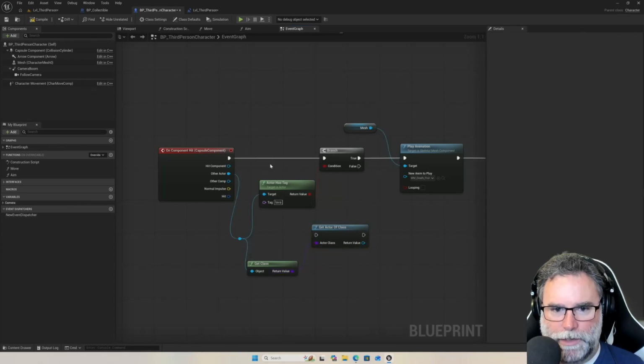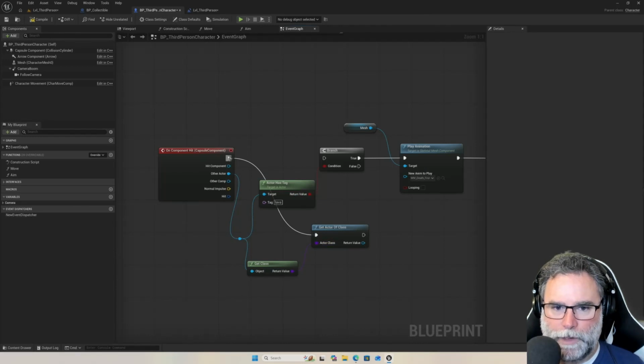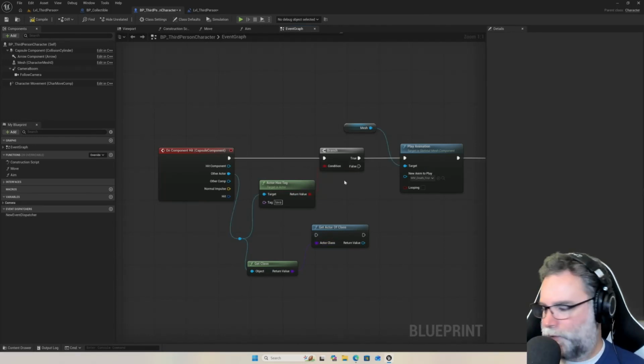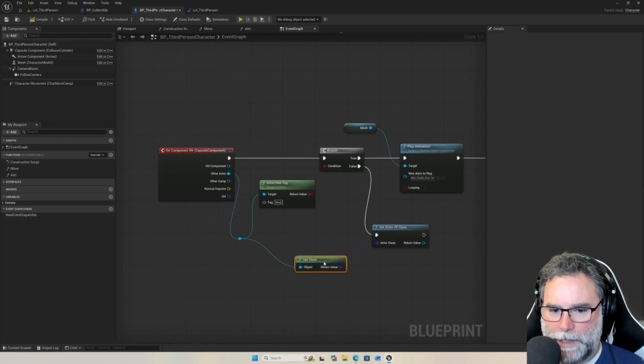So we get the actor, get the class, get actor of class, and then wait, do I, hold on a second. We're doing replace. No. If I do that, then it gets rid of the current flow. I think what I have to do is do this false branch. So if it has the tag lava, then play the animation. If it doesn't, we're going to go here. We're going to get the actor of the class, and then if it is